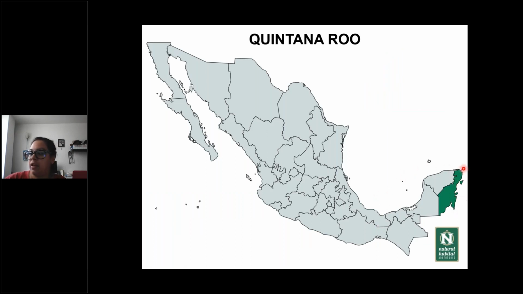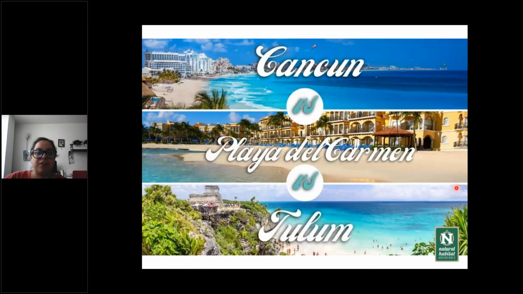And then the Quintana Roo state, right here by the Caribbean. And of course, this is very well known for being the home of these super internationally well-known touristic centers: Cancun, Playa del Carmen, Tulum. So I basically just put this down here because I'm pretty sure you have heard of those. Some of you have come to these places. They are beautiful places, very important in terms of economics, of course, and in terms of history as well,